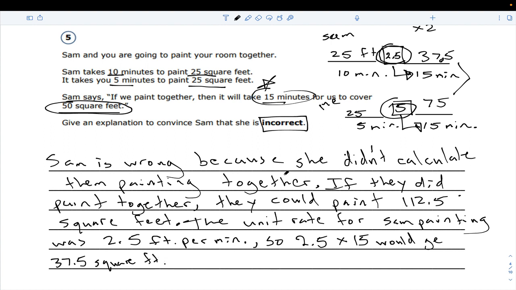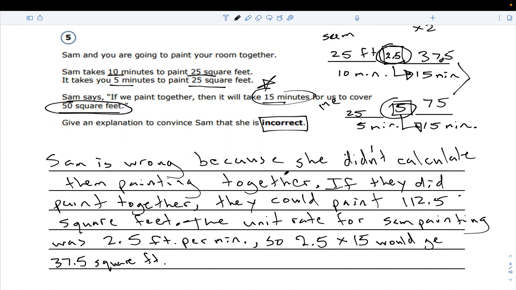We could say the same thing for this, Raiden. So, it says it would take 15 minutes to cover 50 square feet. So that's wrong, because 50 square feet would only take like 10 minutes to cover if you were both working at the same time. That's what I wrote down, but then I wrote down what you wrote down. That's perfect. So I'm going on one of the 2-point responses. They have about like 5 different exemplars, and one of them branches off into that. So performance tasks have a lot of different ways you could get 2 points. That's perfect. You could dive more into this than what we're doing, and that's 100%